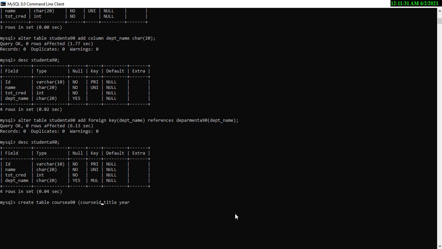Course ID, suppose it is a varchar 20 primary key, title is suppose character 20, इसको दे देते हैं not null.